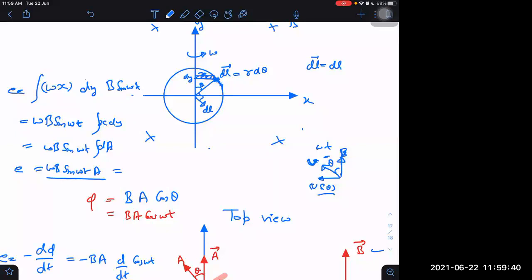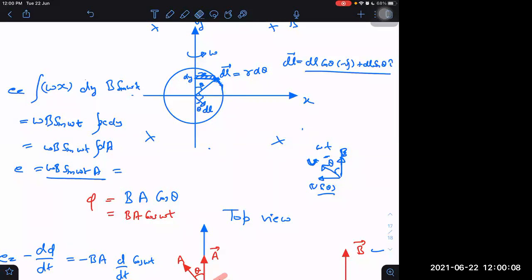What will be the component of dl? Theta along the y-axis. I can say dl cos theta along minus j cap. Right, or is it 90 minus theta along y? And 90 minus theta means it will become dl sin theta. dl sin theta along i cap, right? Yes, sir. This is the dl vector. So now it is exactly the dl vector written. 90 minus theta along the y axis.